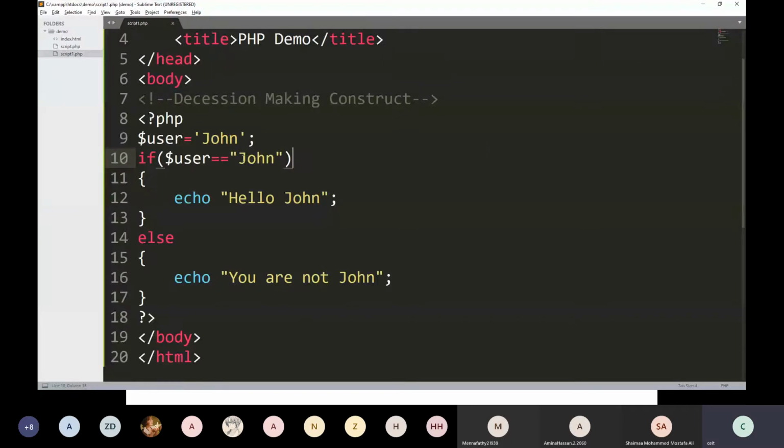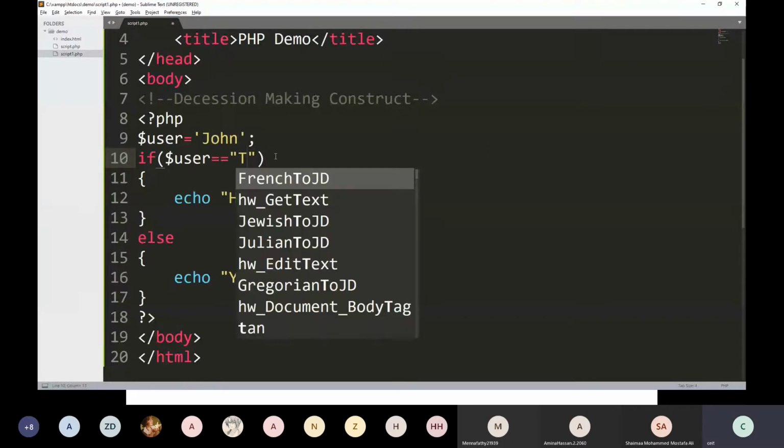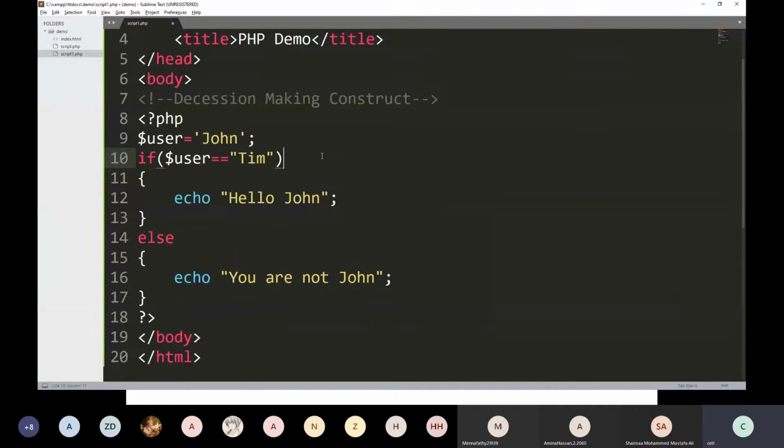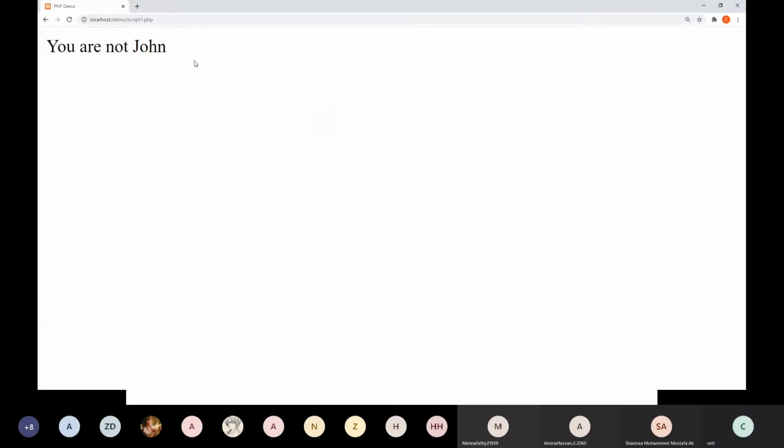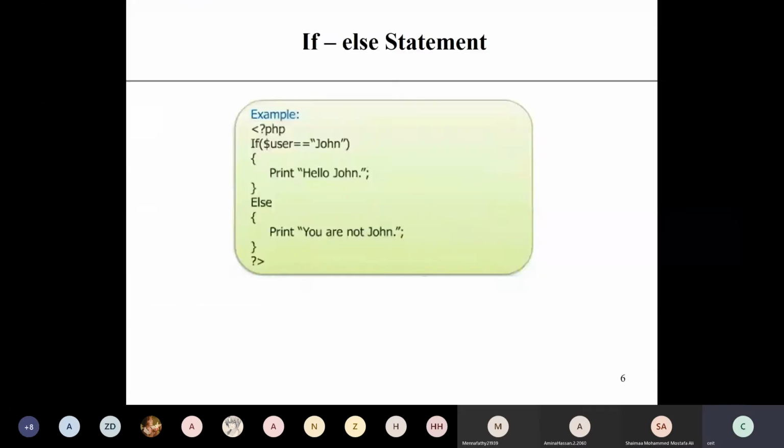If this variable value is not John, suppose you are comparing Tim, it will print you are not John. This is a very basic example of if else. I hope all of you understand.